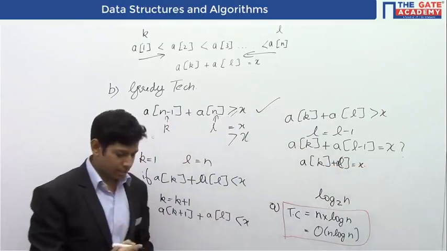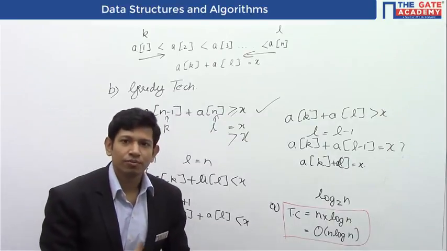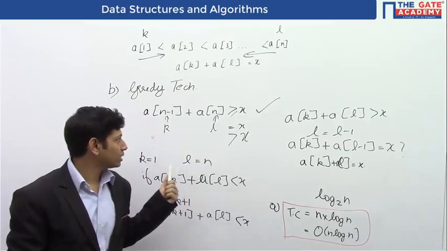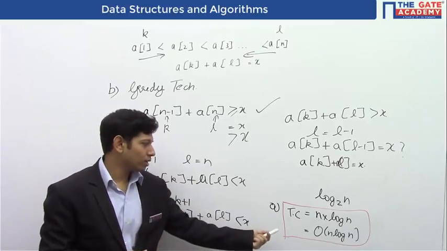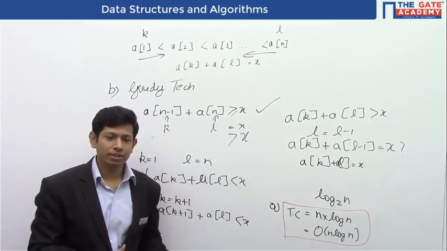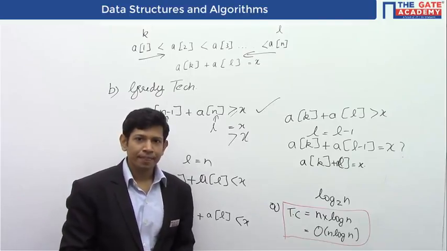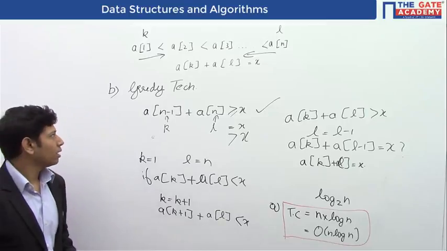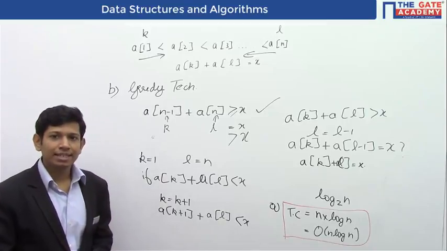Now what we have to see is, what is the time complexity of this algorithm? We have seen two algorithms. Brute force has time complexity of n square. Divide and conquer has time complexity of n log n, which is the answer of part A. And now we will see what time complexity we get from greedy method. Now in greedy method, let's see how many